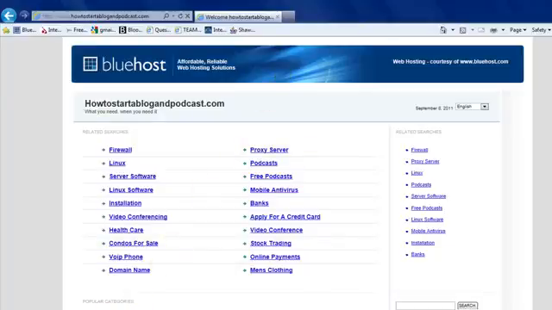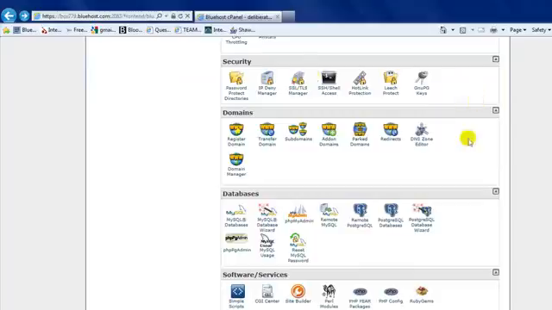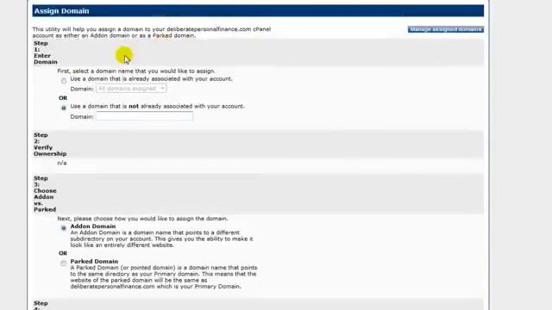So we can go back into cPanel and scroll down to where you see add-on domains in cPanel and just double-click on that. So the first thing we have to do is enter a domain. You're either using a domain name that you already have associated with your account. So if you registered your domain with Bluehost, you may be able to just find it in this drop-down menu. I have my domain registered with Namecheap, so I'm just going to enter it here, and it's how to start